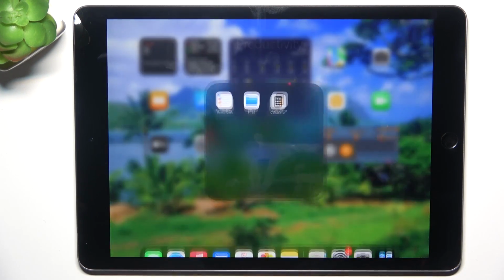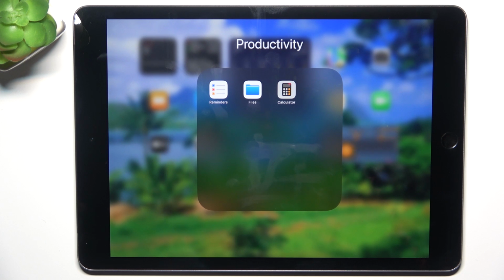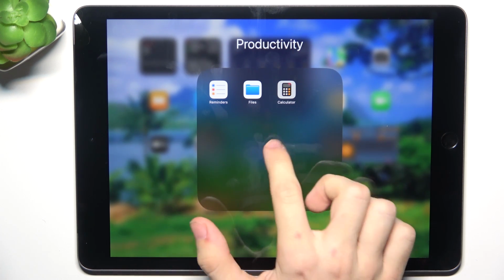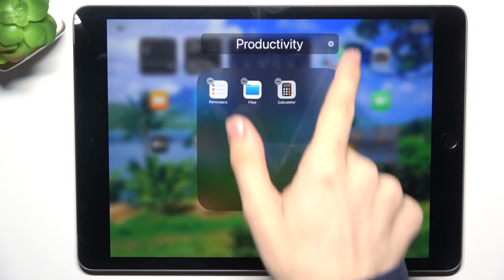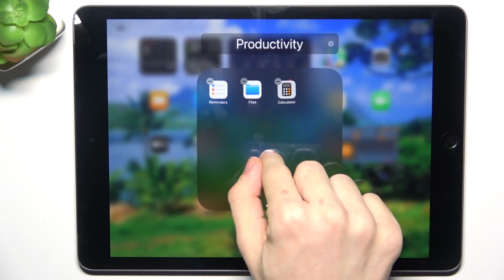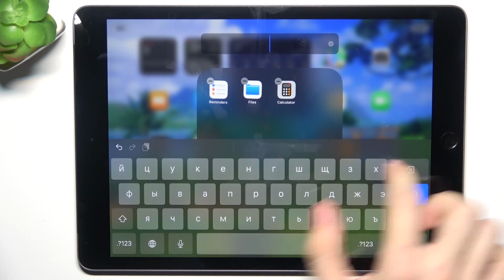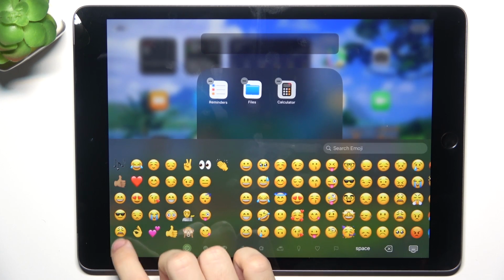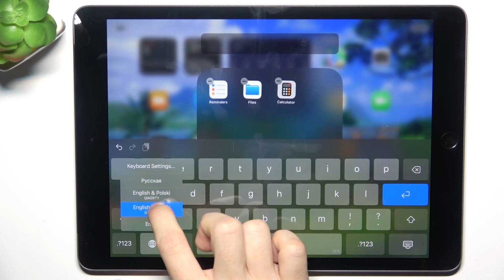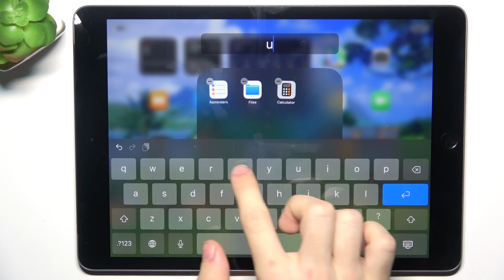To open the folder, just click on it, and to change its name, you need to enter edit mode. So edit mode is when the apps are wiggling, and to do that, just press and hold somewhere on the screen. And now you can see that you can change the name of the folder. I'm gonna change it to utilities,